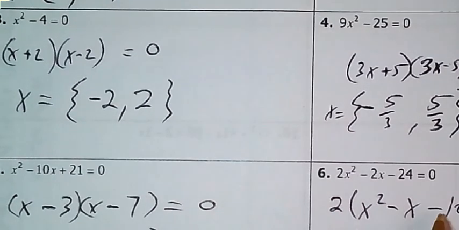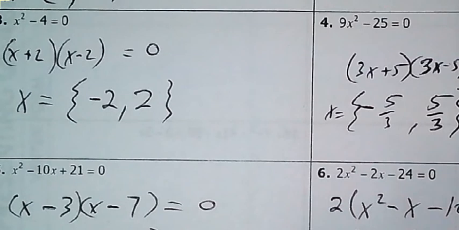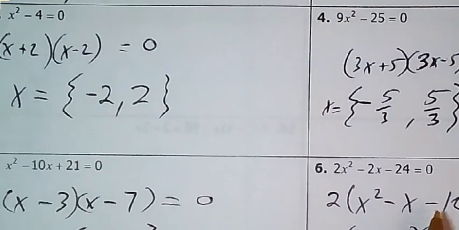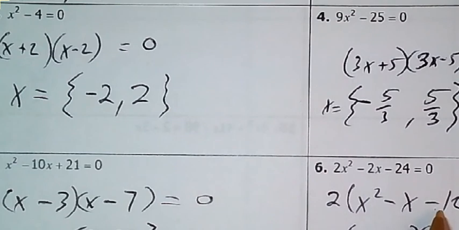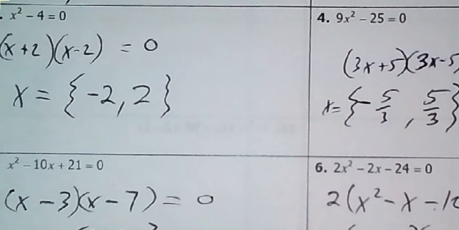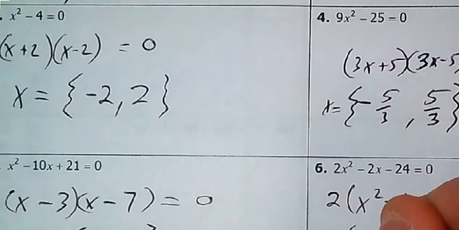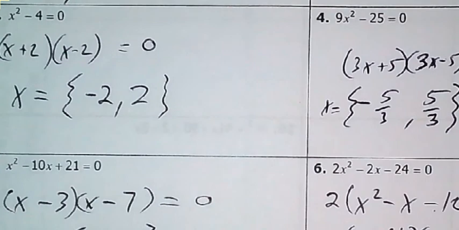Negative and positive? Yeah, because I have to have opposite signs to get a negative when I multiply. All right, and then the factors of 12 that are 1 unit apart: 4 and 3. So we need to have a negative 4 and a positive 3. So my solution set